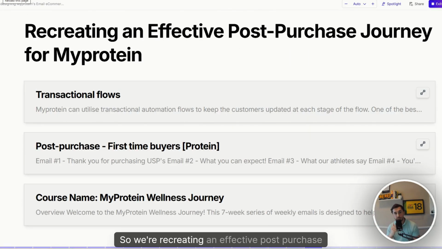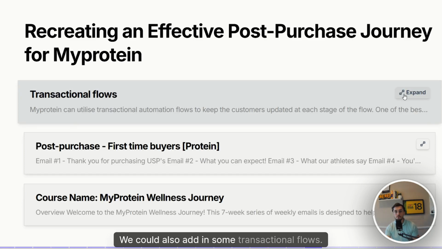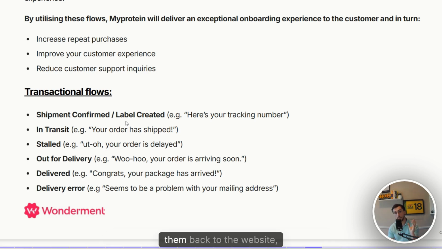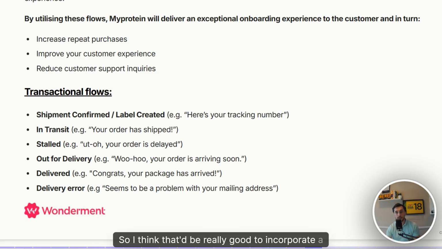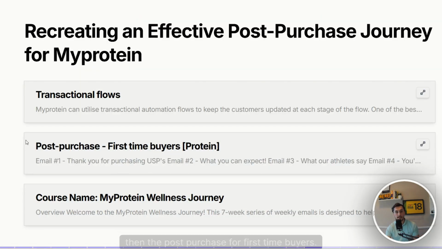So, recreating an effective post-purchase journey for Myprotein. We could also add in some transactional flows. There's some brilliant apps out there to bring in here. So we've got maybe shipped and confirmed, in transit, stalled, out for delivery, error. So the likes of Wonderment would be perfect to use here. Also, having the tracking code, we could bring them back to the website. We could start cross-selling them to other categories. So I think that would be really good to incorporate: full tracking, delivery, transactional flows, and then the post-purchase